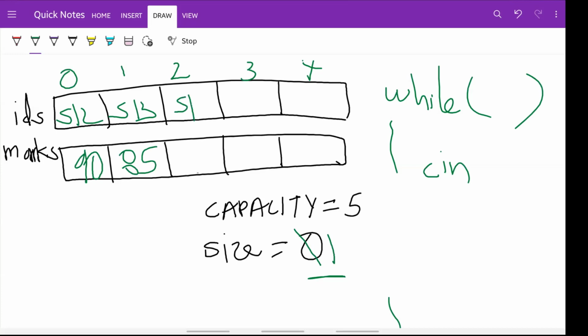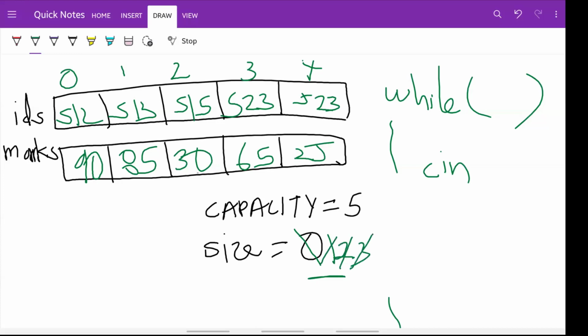Let's say S15, the mark was 30, then S23, the mark was 65, and S23 again, the mark was 25, let's say, and each time the value of size will increment. At the end the value of size will become 5 because there are now 5 elements in the array.